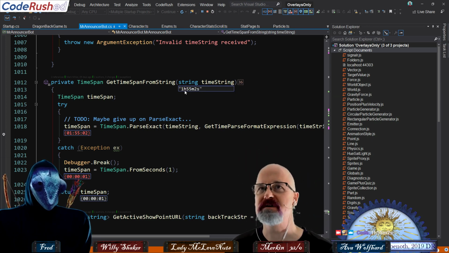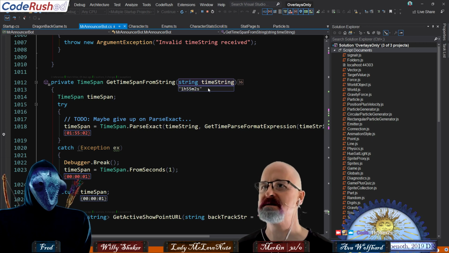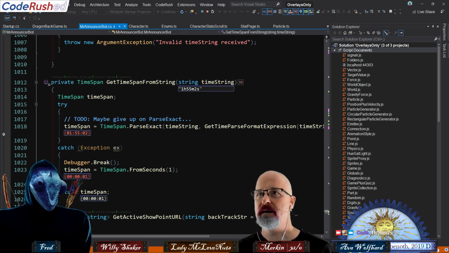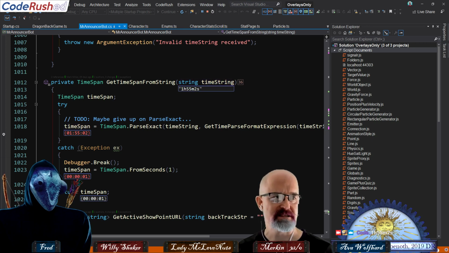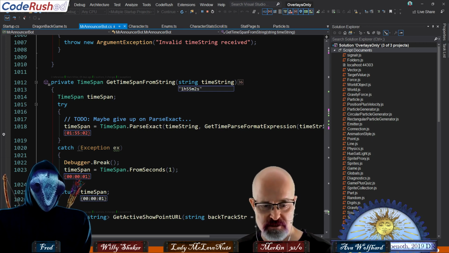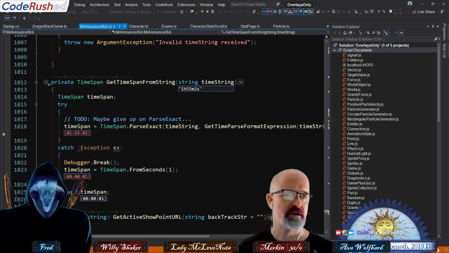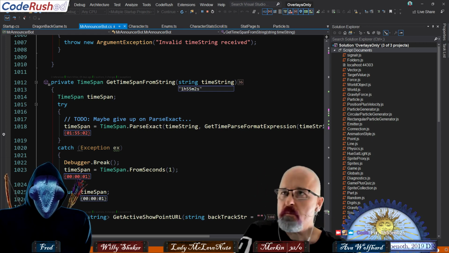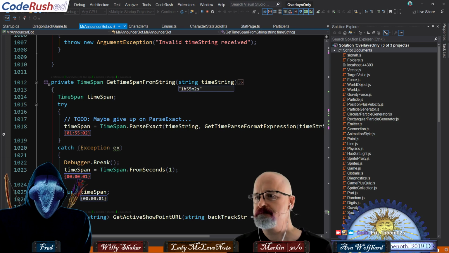This is debug visualizer. Isn't that flipping awesome that it still has those values there for me? So what I had to do is I had to rename this and put a 0 in front of it. So that's the problem text, and the fix was for me to put a 0 in front of the 2 to get it to match the format string. In other words, the fix was to change the data to look like that. Okay.